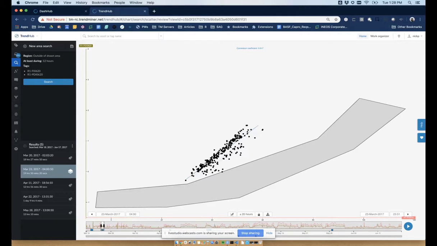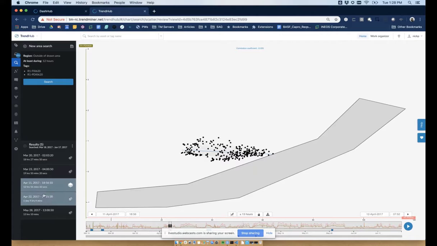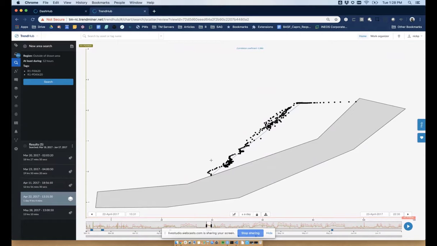What I was expecting is that as the filter fouls, the relationship gets more extreme, and I can go through a few more of these search results and see if those conditions continue to happen. And we see here's a period in April where it occurred, and we'll click on one more just to see how this relationship's working. And indeed, it holds up well.